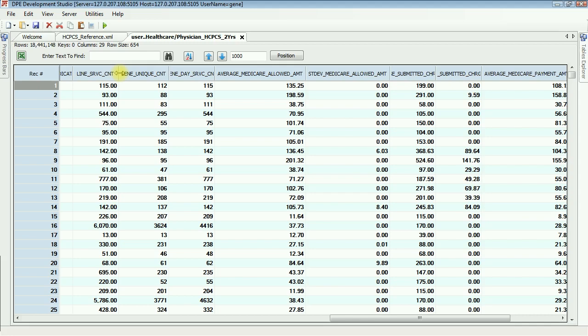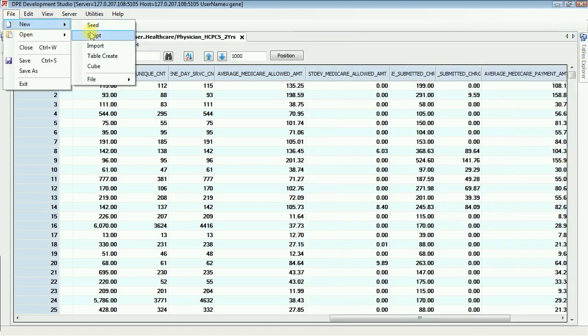So if we multiply the average amount by the line service count, then we will get the total amount, which is what we want in our C to produce the detailed data. That way it will be ready for analysis as opposed to having to repeat that calculation in every analytical seed we produce. So we're going to make another seed,